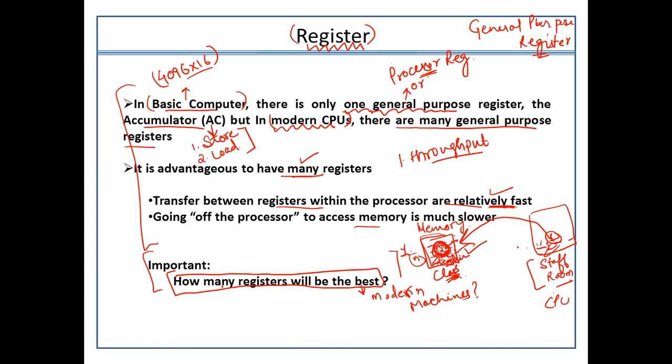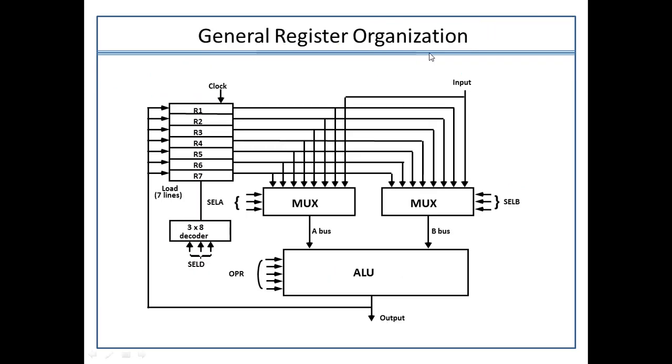Now let's understand the general purpose registers in more detail, how within the CPU these general purpose registers are organized. So this is a full-fledged diagram. Just don't get confused by looking at it in the very first go. The idea is very simple, and once you get the idea, it will be very easy for you to understand and to design this diagram. Now, if you look here thoroughly, there are R1 to R7 registers available.